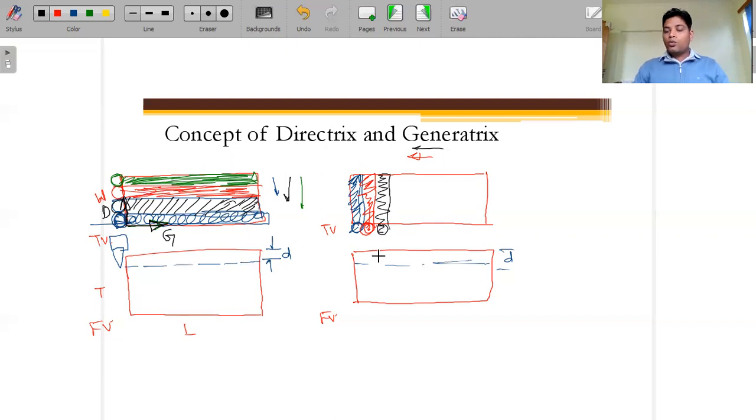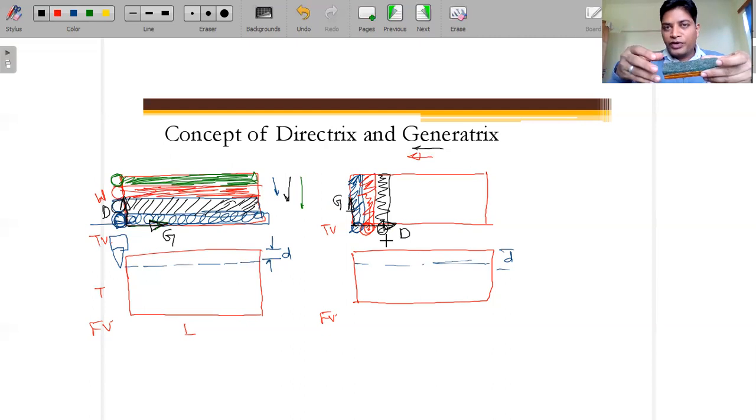So now we are moving in this direction to remove the material, so we call this a generatrix. And for the removal of the remaining amount of the material, we are moving this tool in this direction, so we call this a directrix.